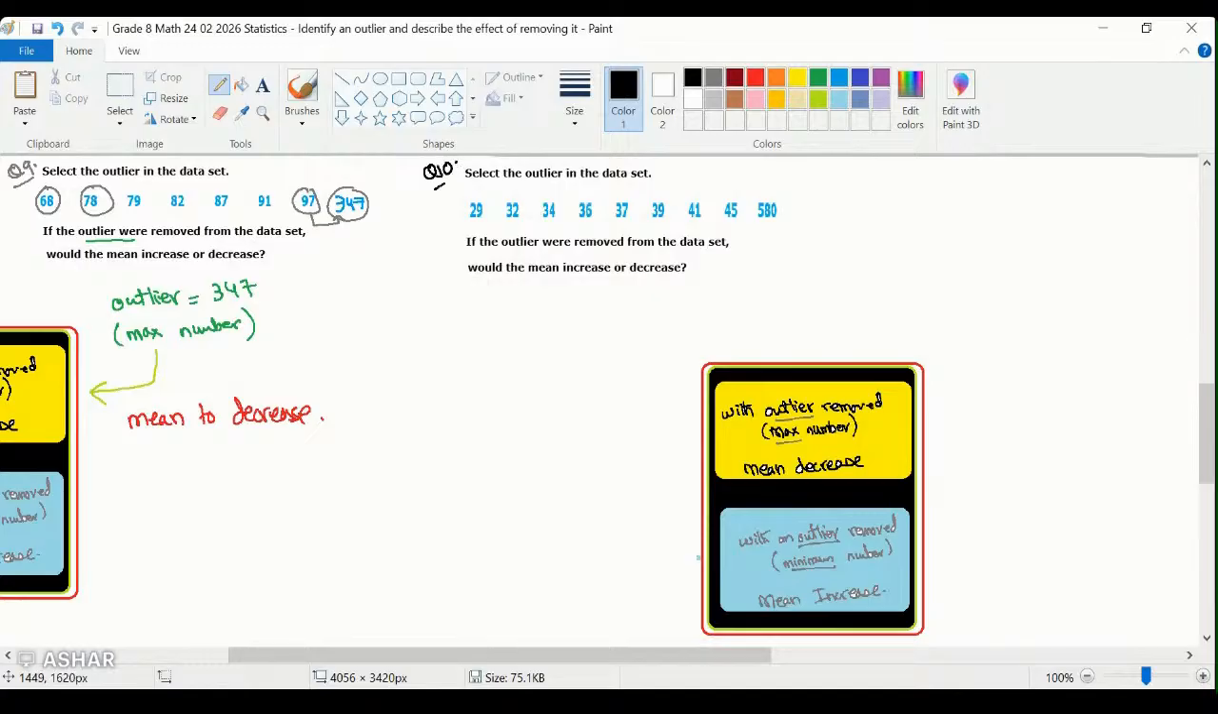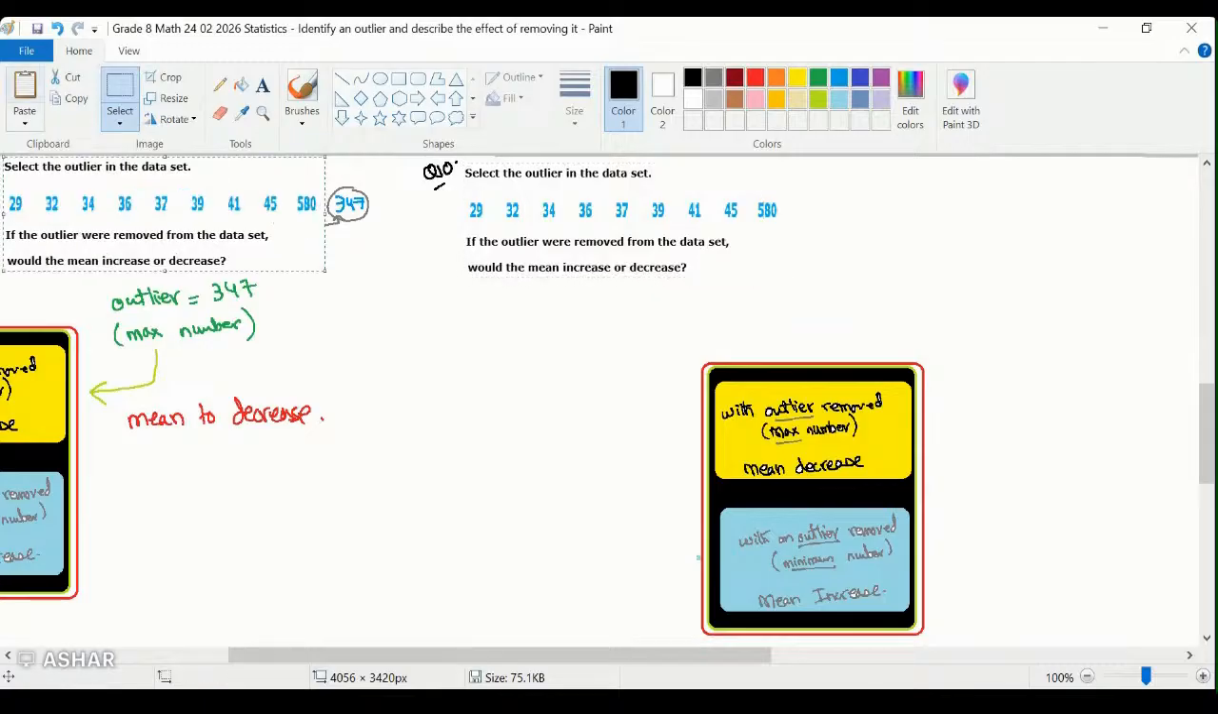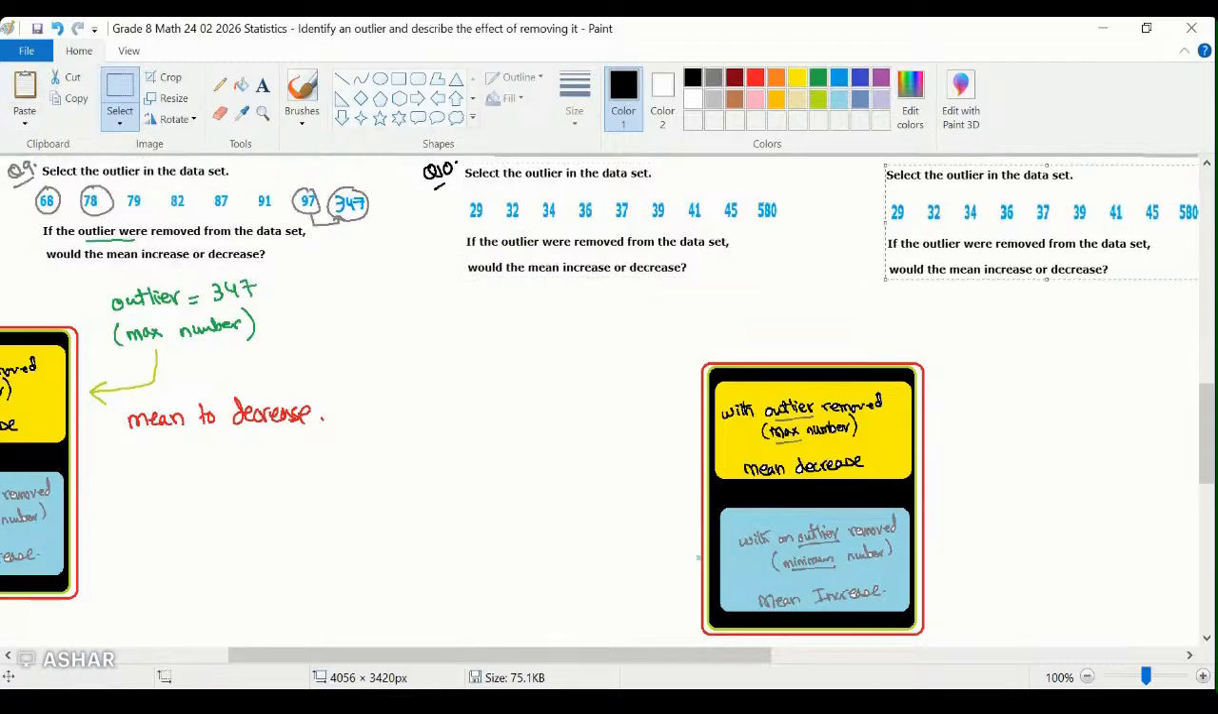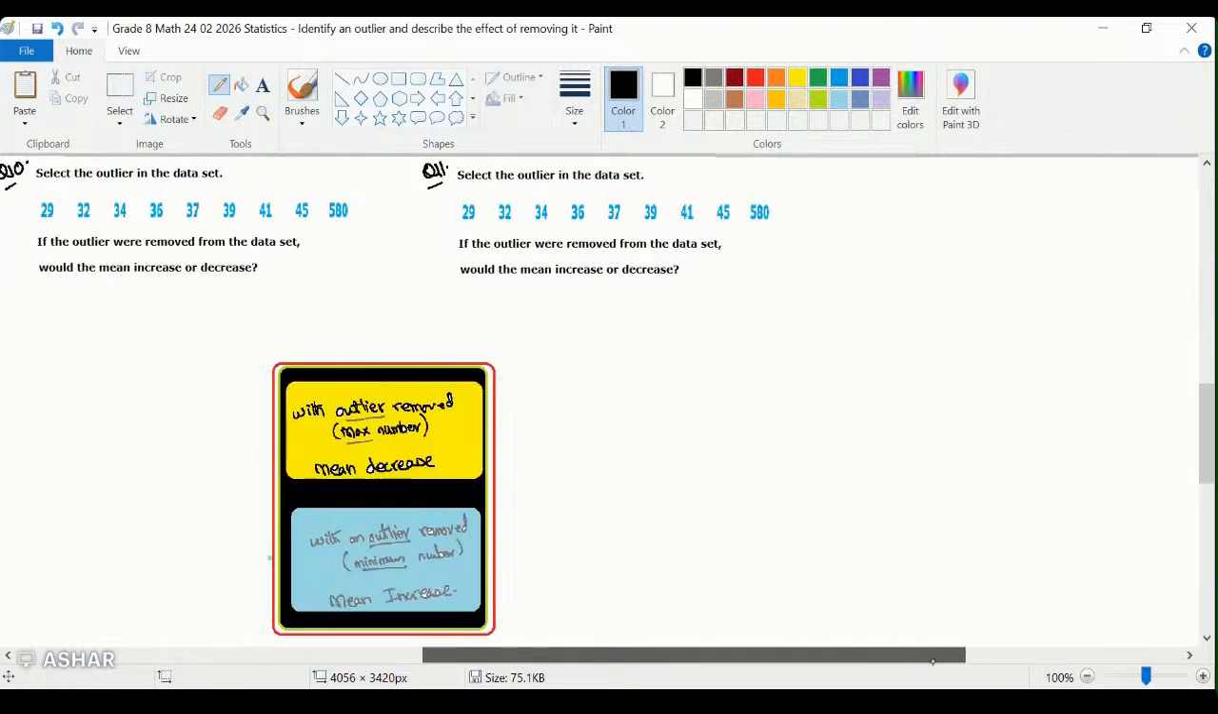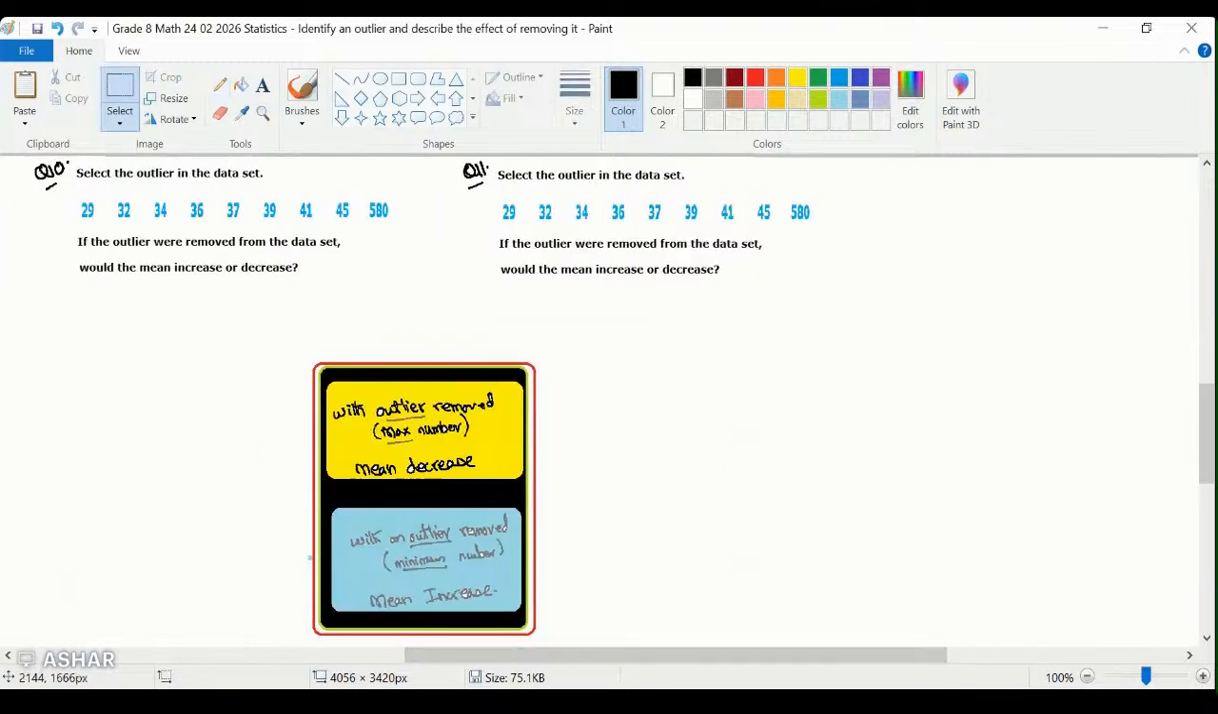If the outlier is removed, what will happen? And later on, we do question number 11. Okay, let's look at this. For question number 10, if the outlier is changed,